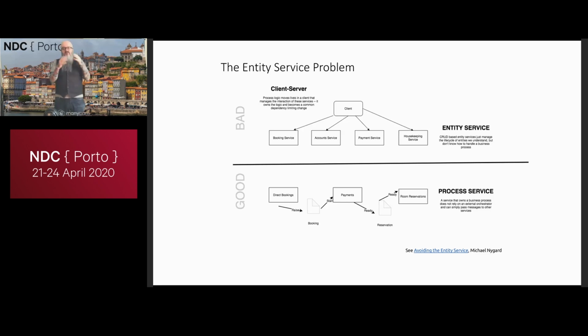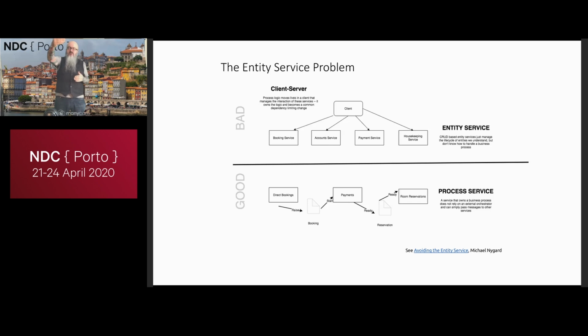Okay? So if you create a microservice which is literally doing CRUD operations on a single entity, or even an aggregate that you keep updating, your problem is the business logic, which ought to live with the microservices, has now drifted out to the client. So if a team wants to change how the booking process works in terms of their aspect of it, they may struggle. All they've got control over is CRUD.